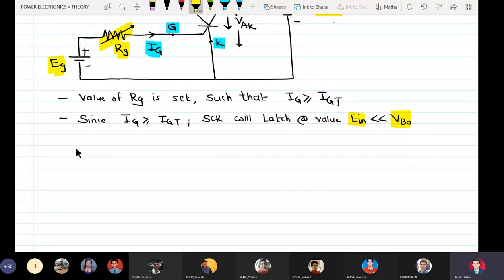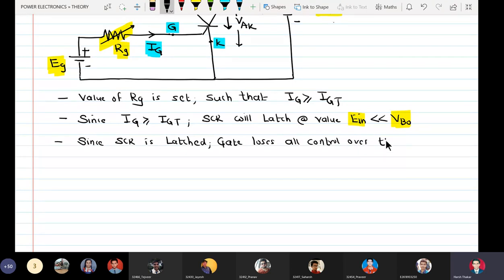Now understand one thing: since SCR is latched, the gate loses all control over the device.